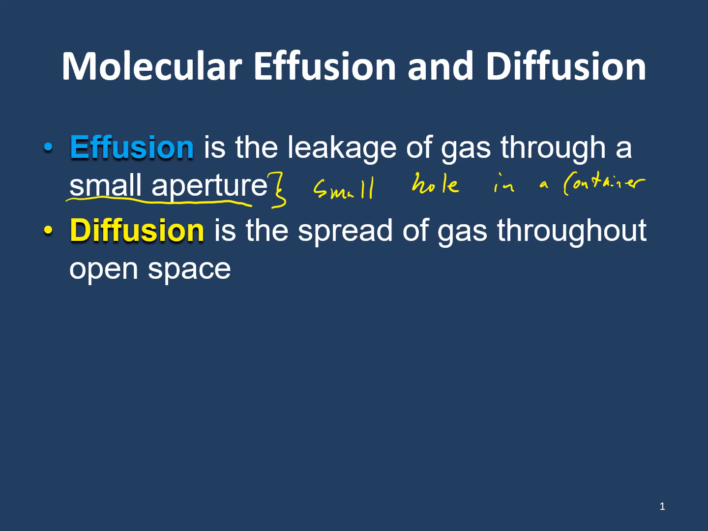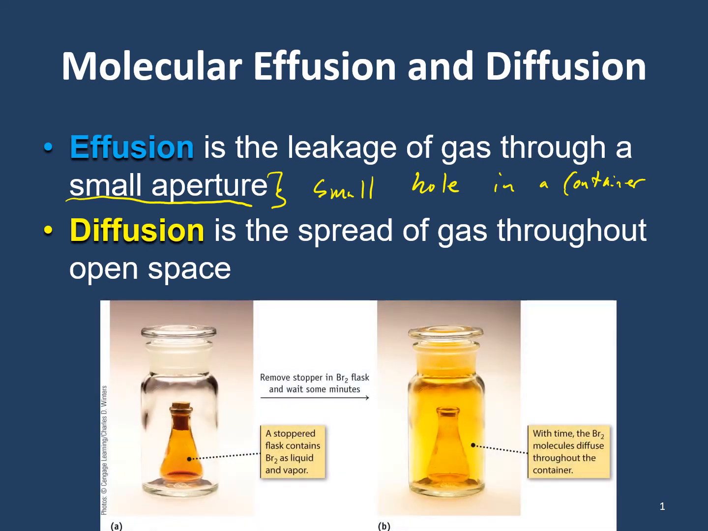Often, after a gas effuses out of a container, i.e. leaks out of a small hole, it will then diffuse to fill the larger container it just leaked into. For instance, if we look at this picture here, we have bromine gas inside that little Erlenmeyer flask. As soon as we pull this stopper out, the gas will effuse out of the Erlenmeyer flask and then